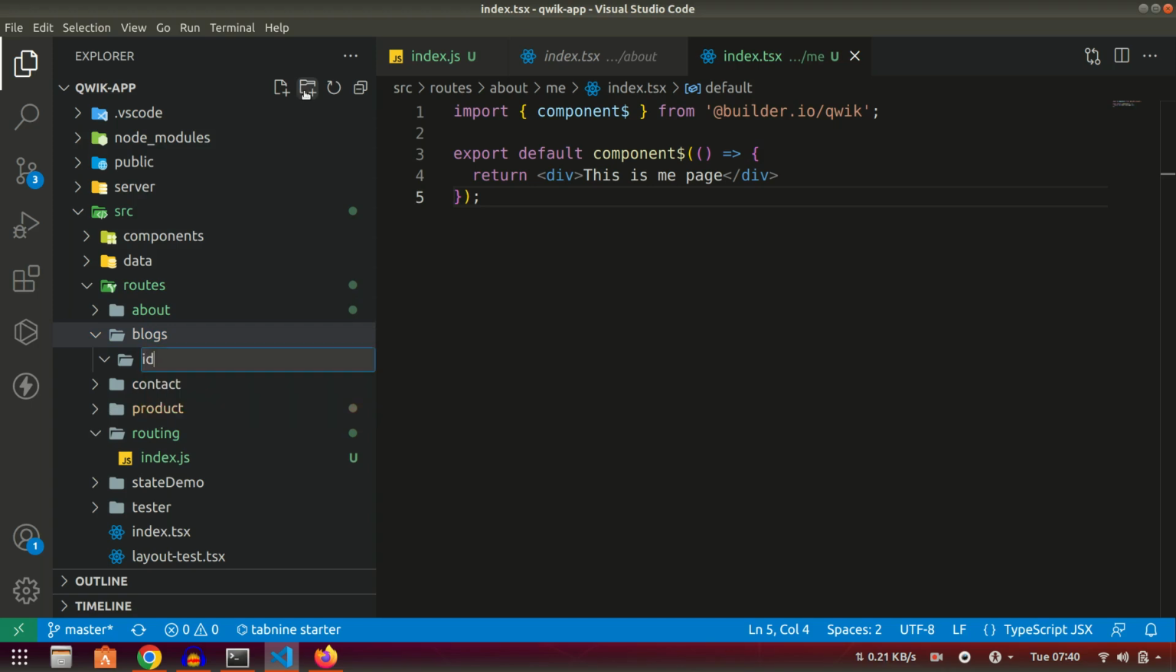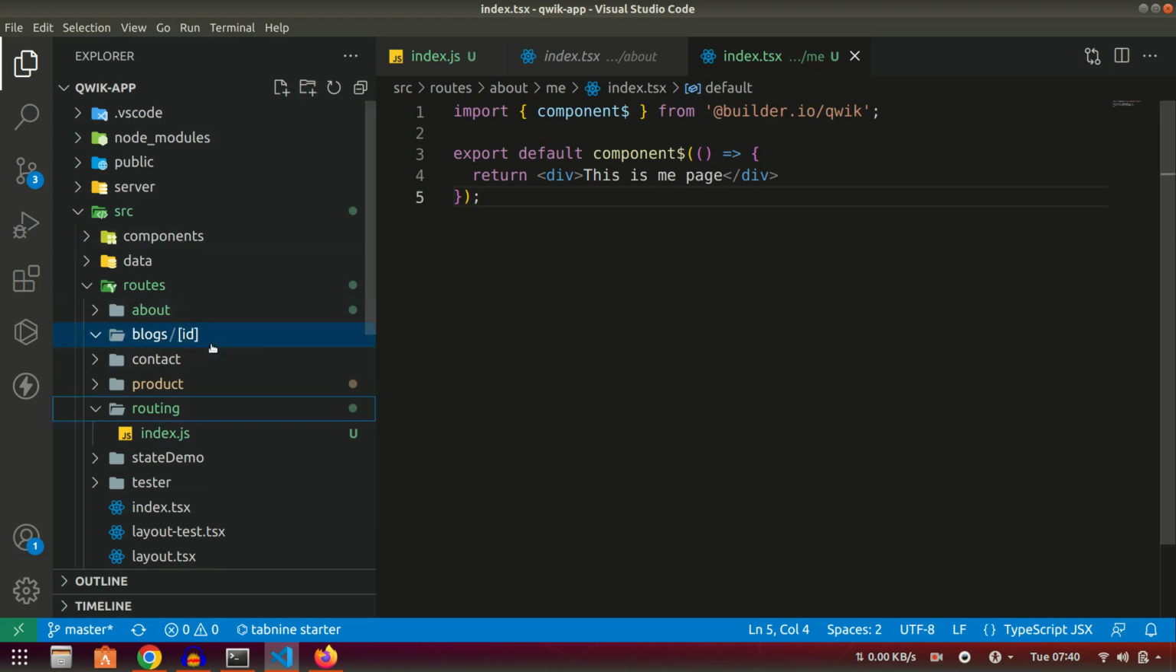This id must be wrapped into square brackets, like so, and in this id folder